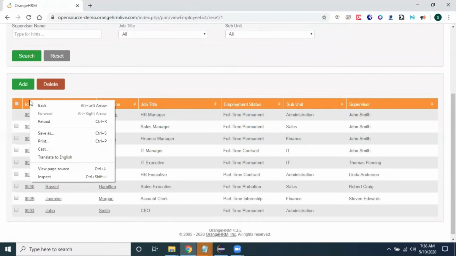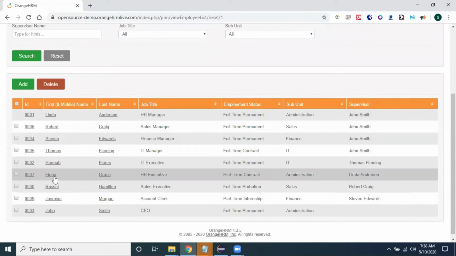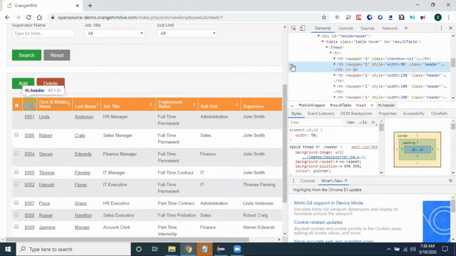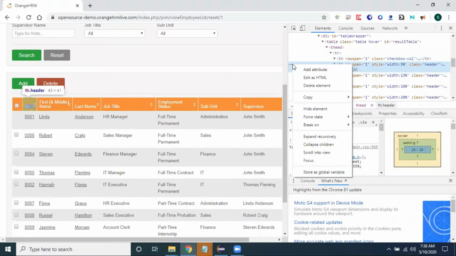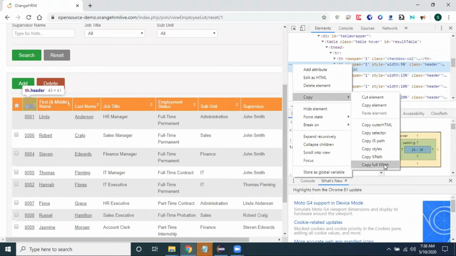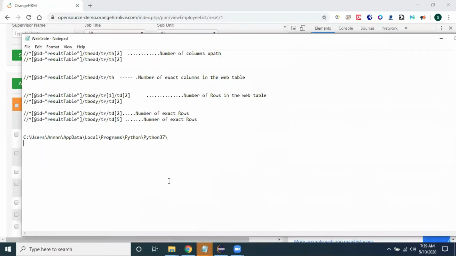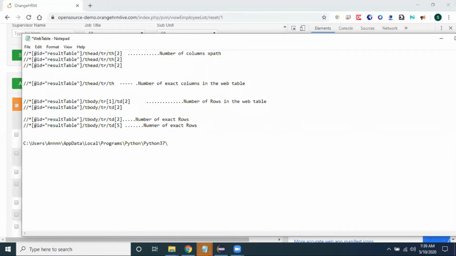So I'm doing right click and inspecting the ID. This is the one. I'm taking copy XPath and pasting it here. That is the same one I copied.